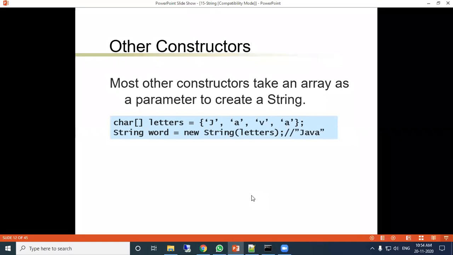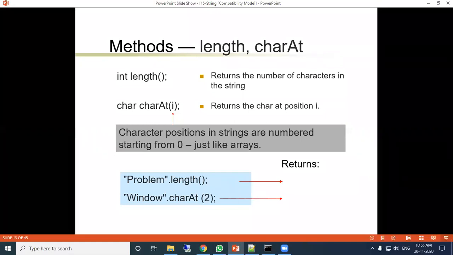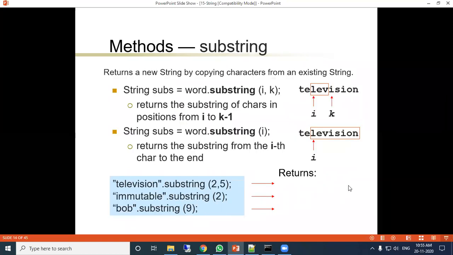Now, some other methods we have discussed. The length method returns the length of the string. The char method returns the particular character at a particular index position. And we discussed the substring method, which extracts a string from another string.